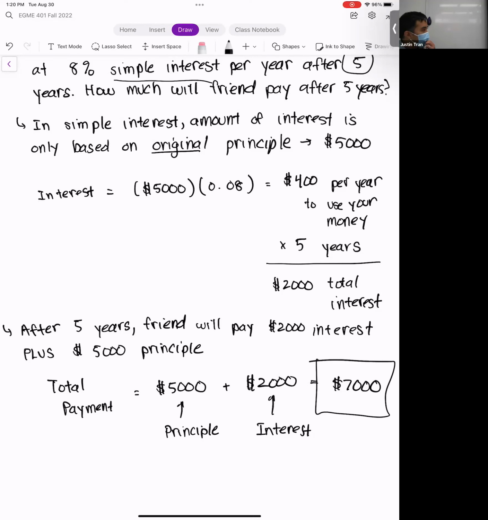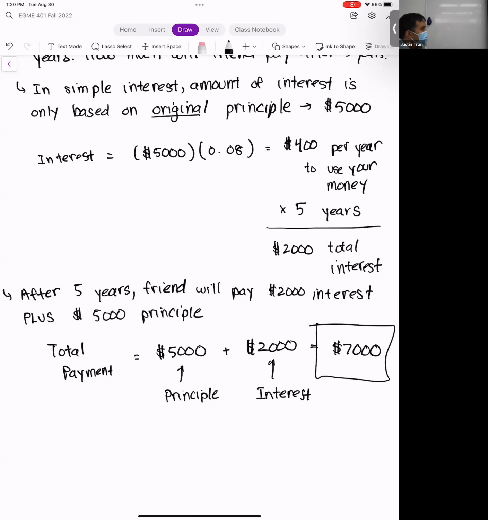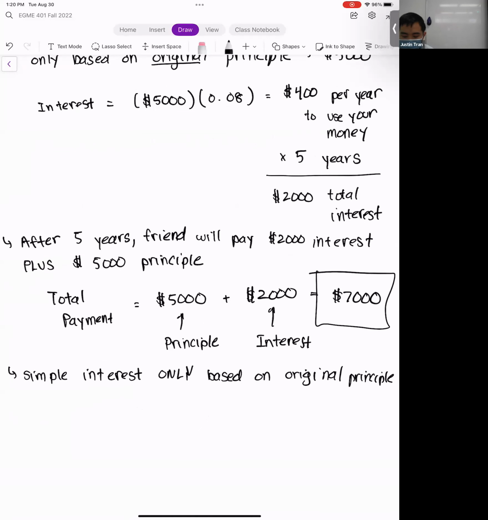All right, and so this example here illustrated the idea of simple interest. I think I mentioned up here, but in simple interest, the amount of interest payments that you compute is only based on the original principal. And so what we can do is take this formula up here, this 5,000 times 0.08,